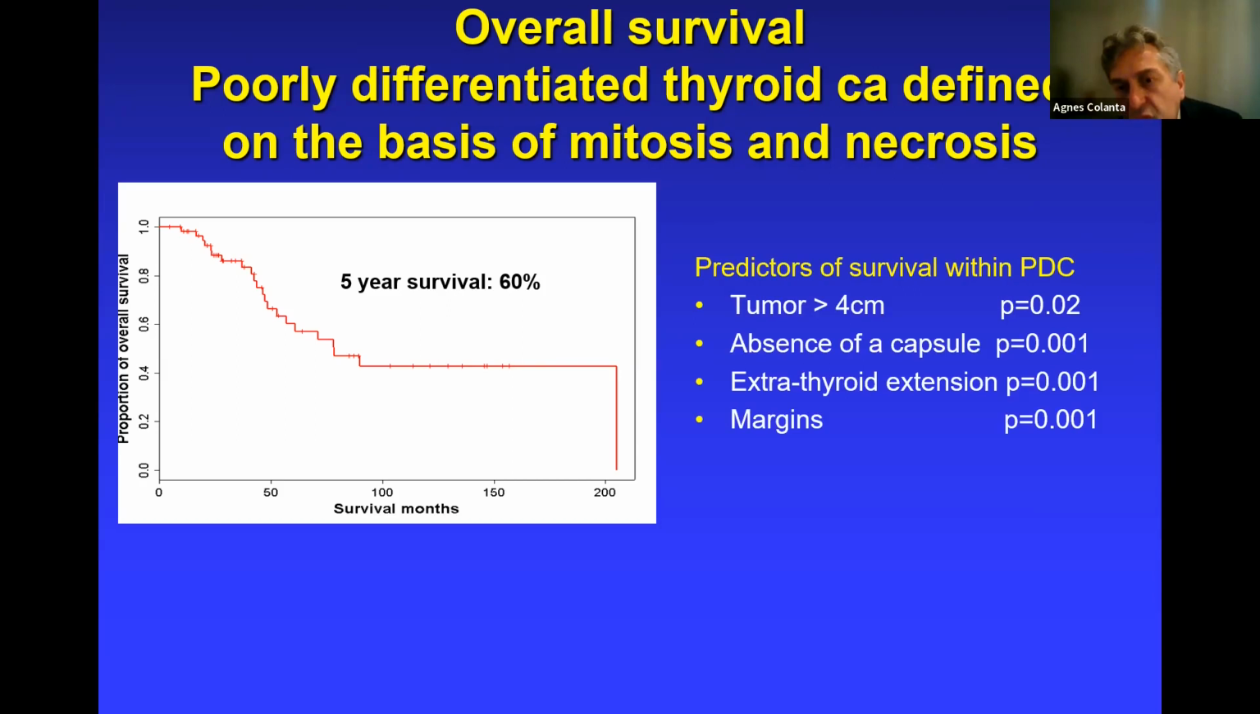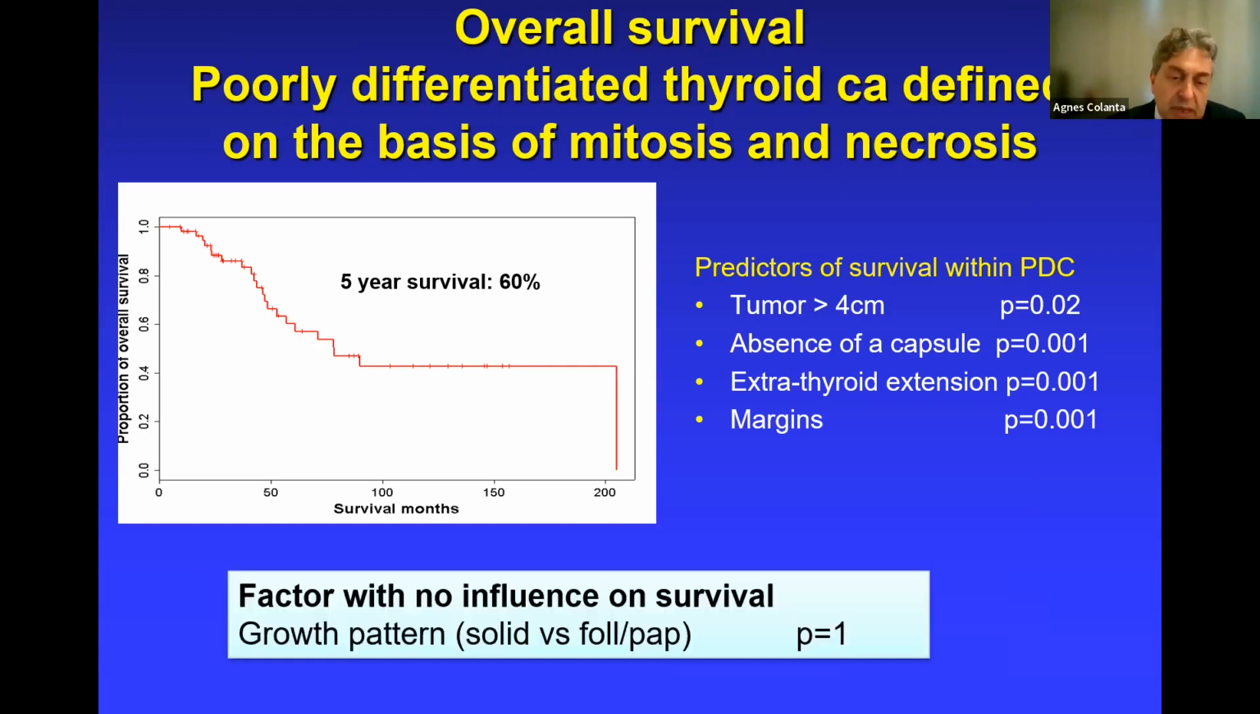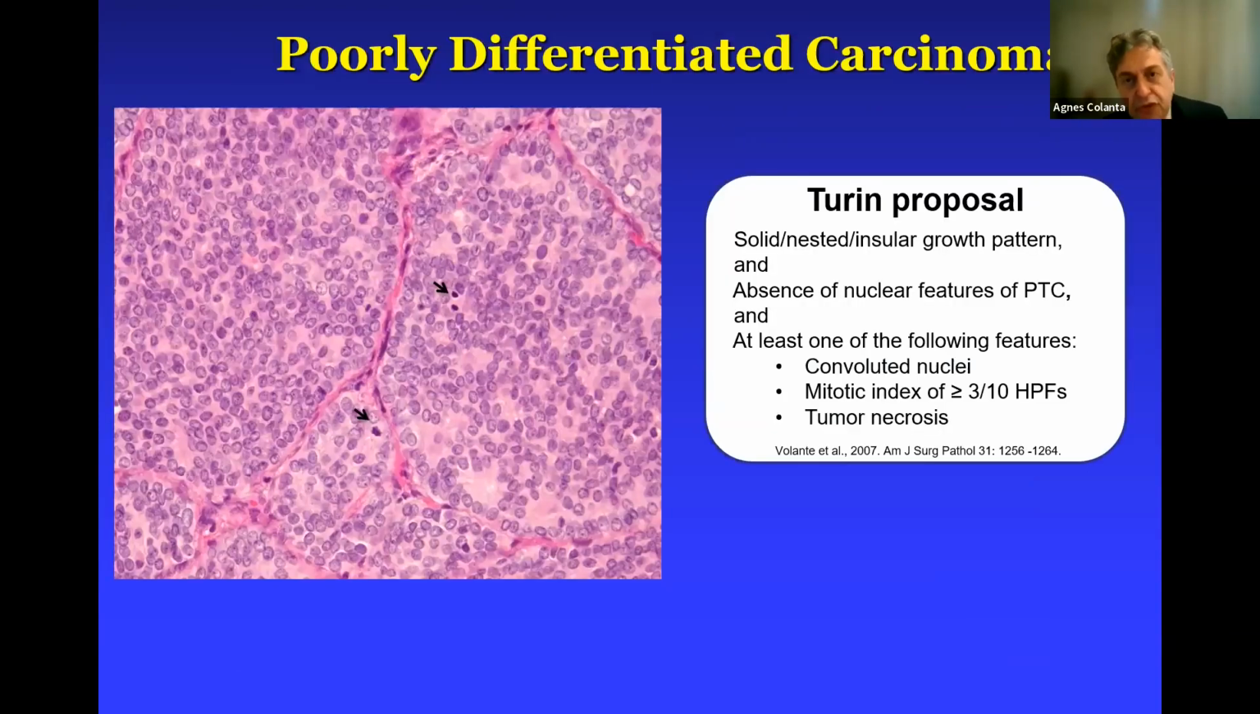And when you look at the variables that affect outcome with this group of tumors, things like margin and extrathyroid extension, of course, make a lot of sense and will guide the outcome. But probably what is more interesting, what did not influence survival? The growth pattern, solid versus follicular papillary, did not influence survival, as well as the cell type. So after this,